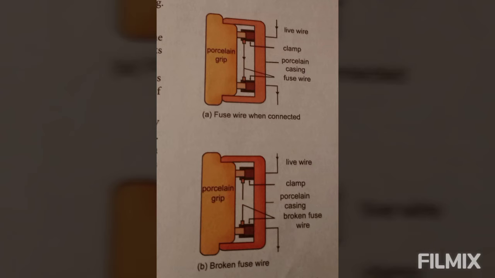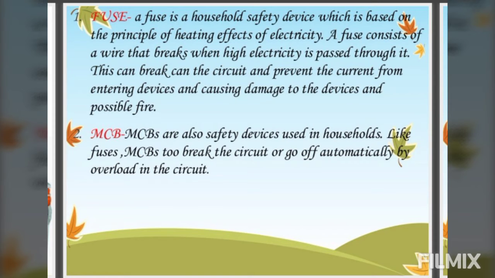Nowadays, in some appliances, you must have seen cartridge fuses are used. The MCBs and fuses are of fixed value. MCB is basically a miniature circuit breaker, depending upon the maximum tolerance limit of the circuit. The rating of the fuse inserted in any of the circuits should have a lower value of current compared to the maximum tolerance limit. Means whatever device we use, whether we are using MCB or fuse, its rating should be a lower value of current as compared to the maximum tolerance it can bear.